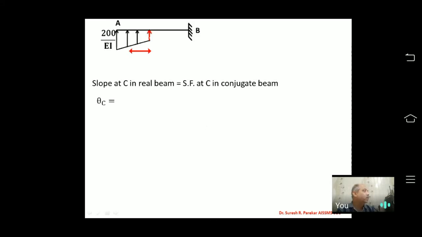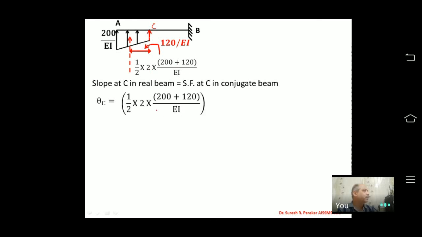Now we are going to consider C over here. So I have to consider the portion which is left of C, that is between A to C. Now what will be this total area that you can see? We have the value at C as 120, that we have already seen. So we have to find the area of this parallelogram: 1/2 into 2 into (200 plus 120) upon EI. That will be the first part, which we give for the concentrated load, plus we have to go